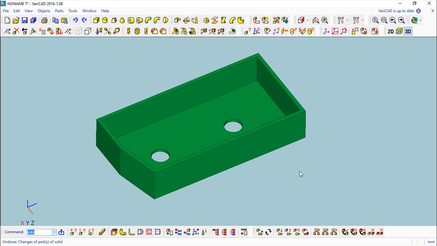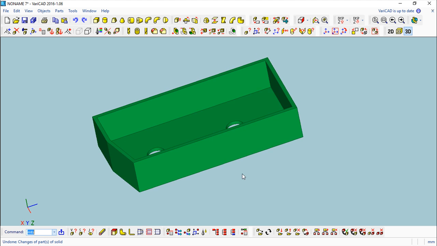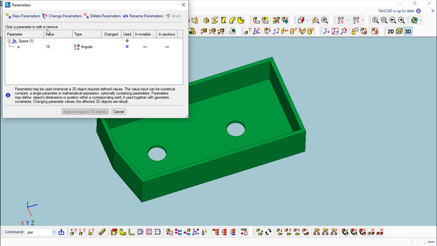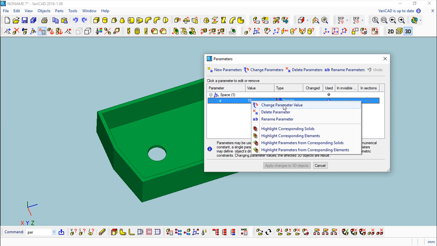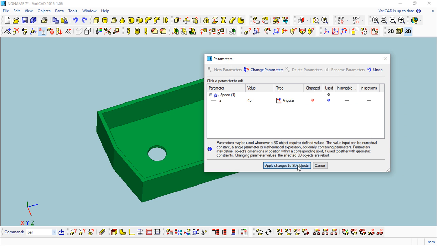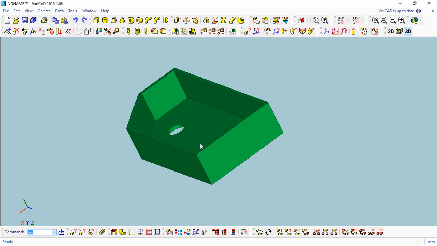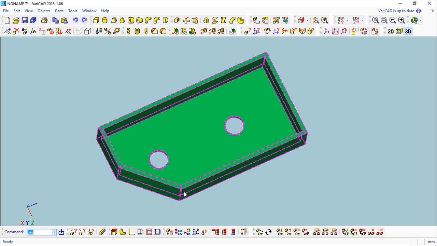I just want to show you one last function, and I leave it to the end. That was regarding this parameter, which you may be asking, why did it do that? So I can go and say, okay, this parameter, instead of 15, I want, for example, let us say 45, and apply the changes. Okay, and you see the solid changes completely. And this is quite nice because